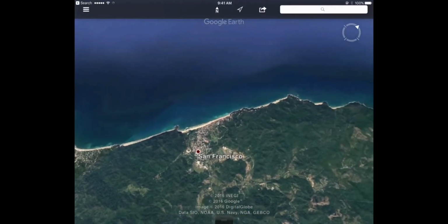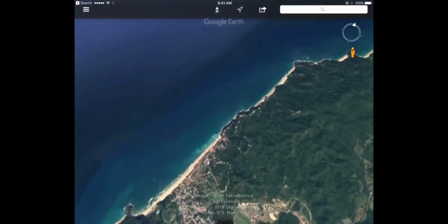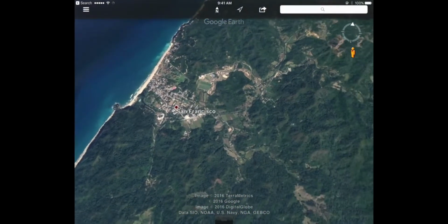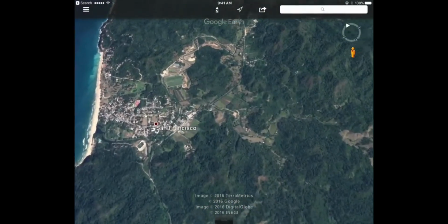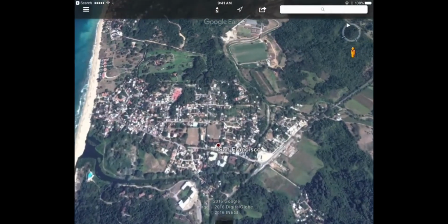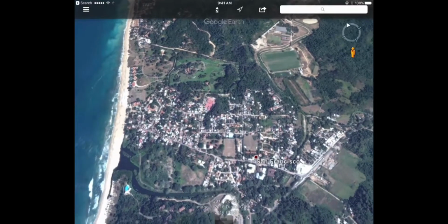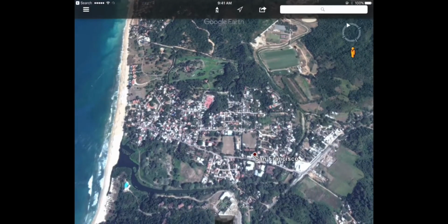This is San Francisco, also called San Pancho. I like San Pancho. San Pancho is quiet. It's rural, has a rural feel to it. There are lots of bed and breakfasts, little posadas, places where you can spend the night. It's gotten expensive awfully fast. Well, I shouldn't say that. They were developing Sayulita 20 years ago. I mean, San Francisco 20 years ago. But